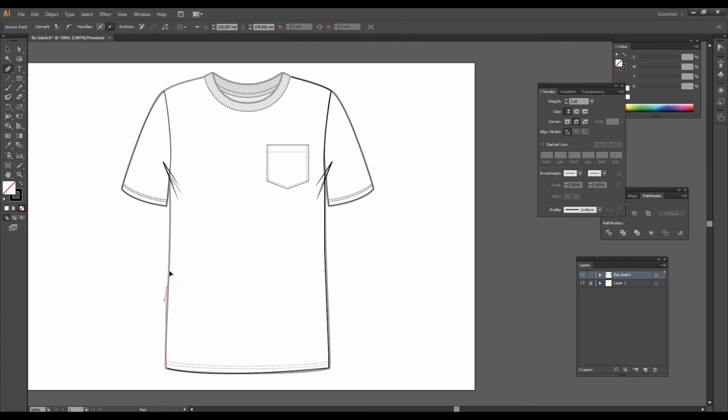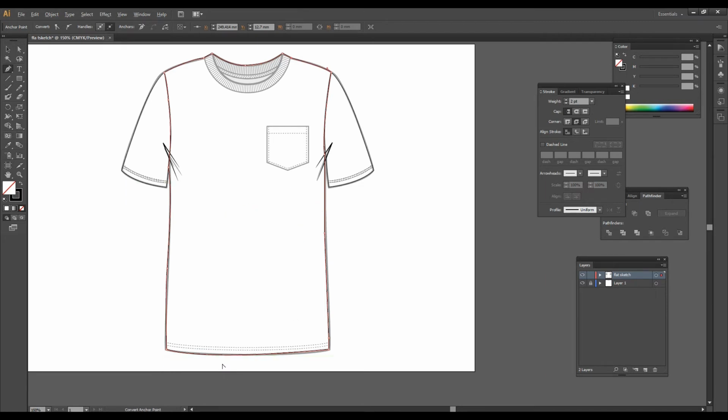Just click on the point and maintain the shape through the pen tool. So the outer line is completed, and we'll need to work on the downside.